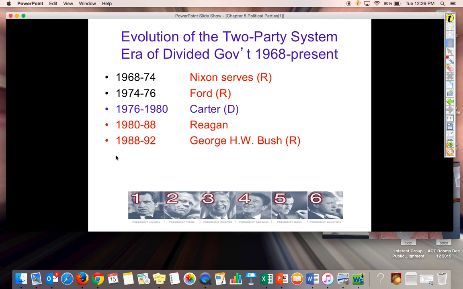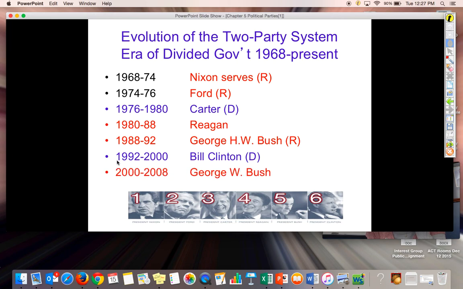His vice president runs in 1988, George H.W. Bush. He is a Republican, and he does win one term and is defeated when he ran for re-election in 1992 against Bill Clinton. Bill Clinton was the governor of Arkansas, and so he was a governor that assumed the presidency once he beat George H.W. Bush. After that, I think most of you know Clinton was term limited. He could not run again after his two terms.